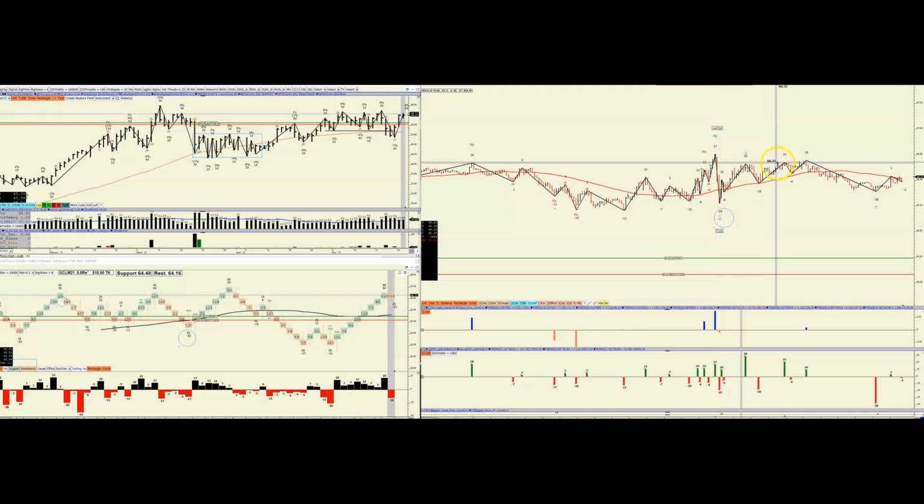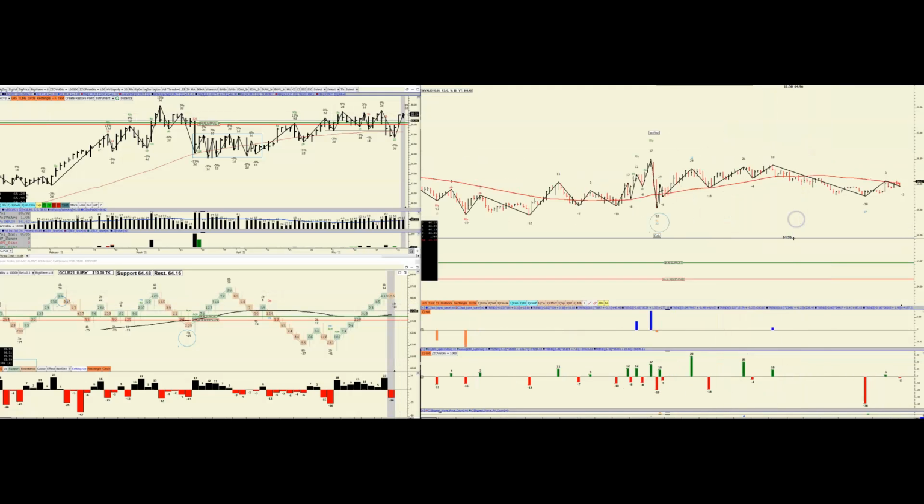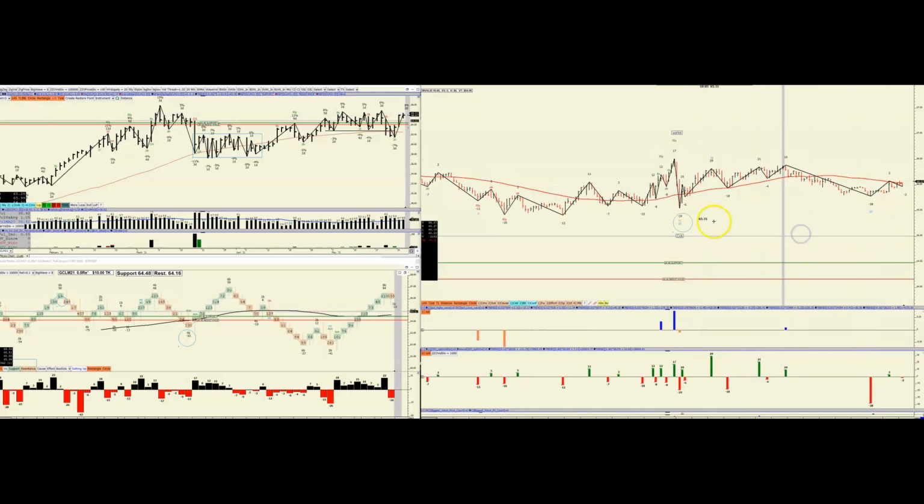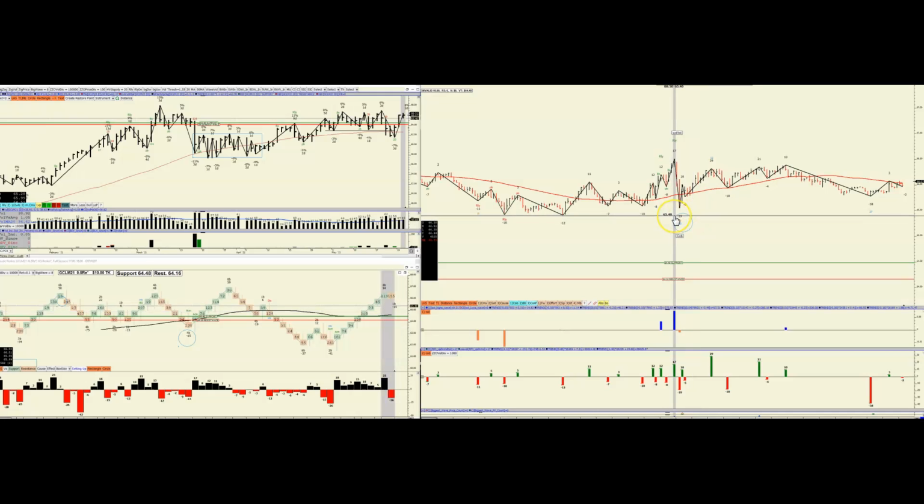Then you had the move, 1, 2, 3 attempts. 1, 2, 3. Could not break out. Third attempt. You see one from 29 to 21 to 10. And here's that supply that comes in after 1, 2, 3, and it takes out 1, 2, and I think about 2 waves, right? So this is very